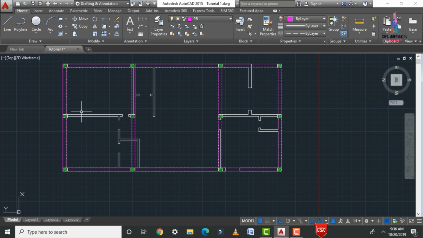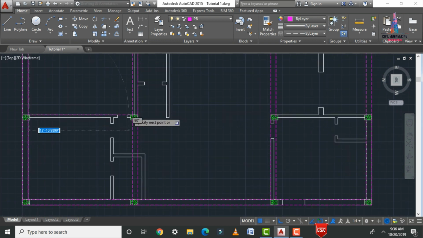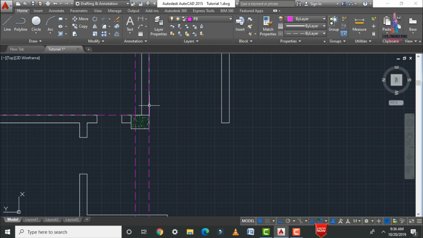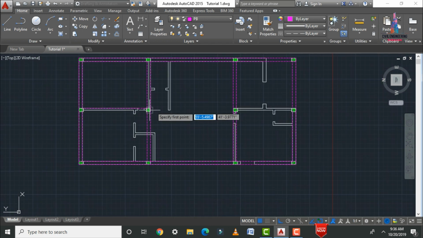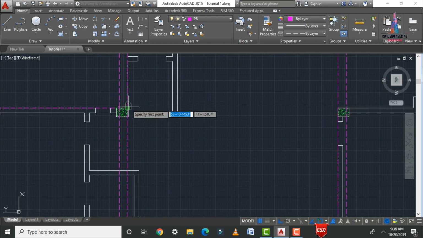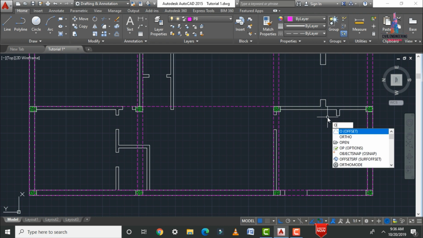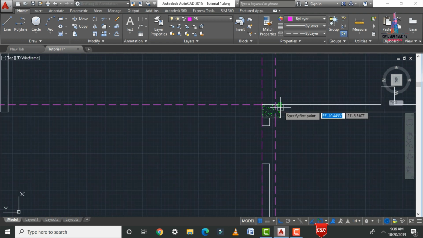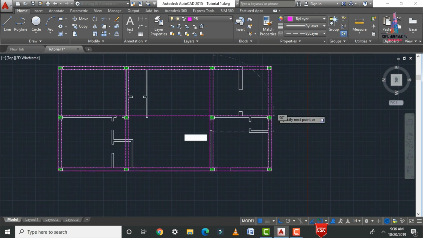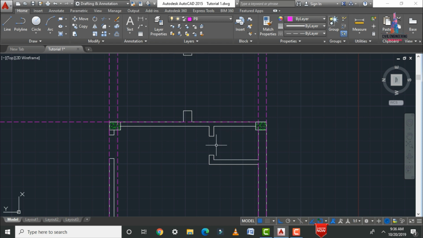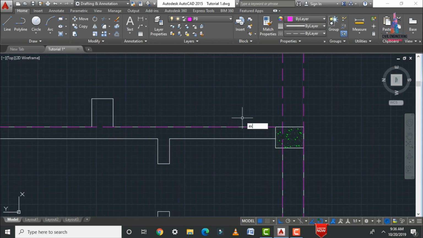So now we have to connect these respected beams in vertical positions also. Select the starting point here, again you have to select the ending point here, again L enter, select the starting point for this respected section. So after that we have to connect this respected point. Again in the same process, click on L enter option, select this starting point, again I am selecting the ending point here. So after that we have to apply the offset for these respected positions.